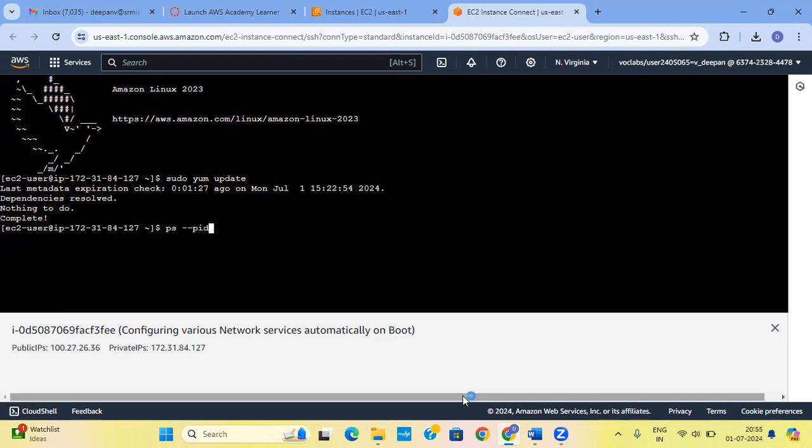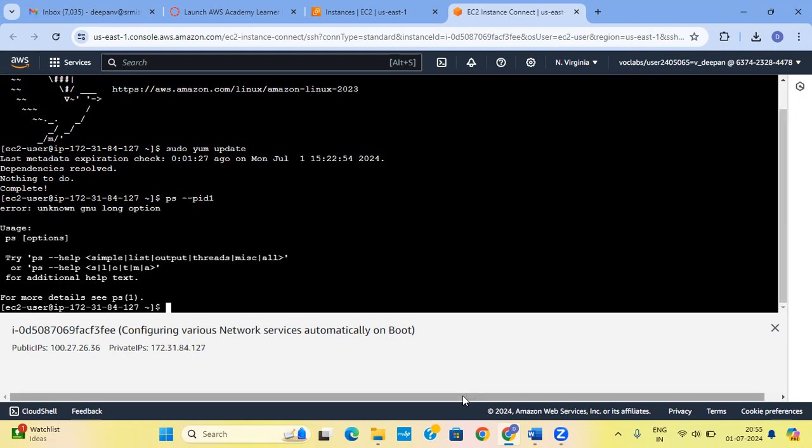So now that space should be avoided. Initially we'll try out with this ps -p 1. Okay, it says unknown option. So the correct command is ps -p space 1 only. I'm going to copy that particular command and paste it here. If you give it wrongly, it says that particular command option does not exist, so it shows an error